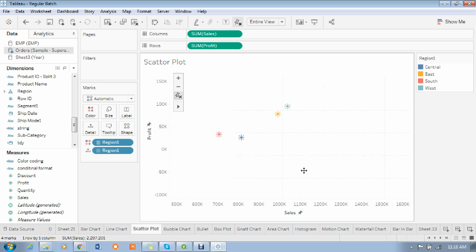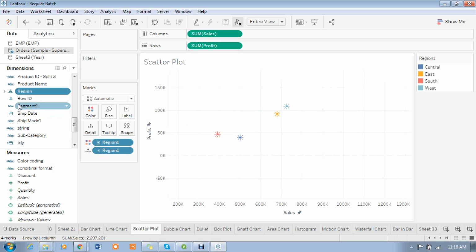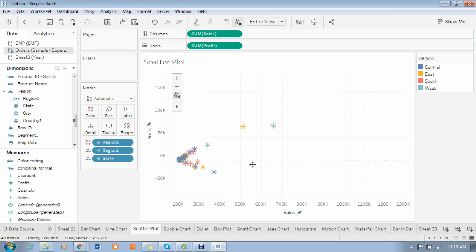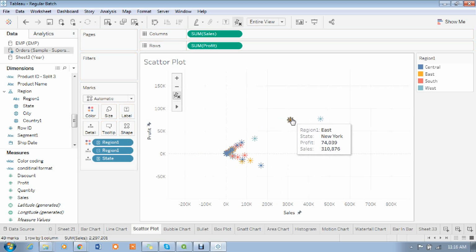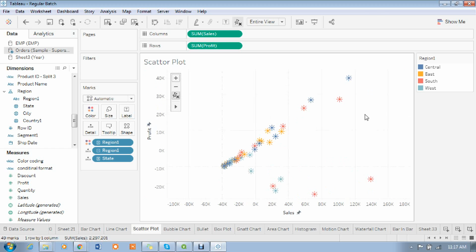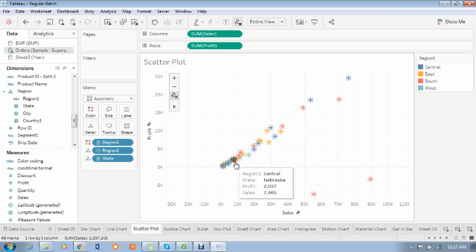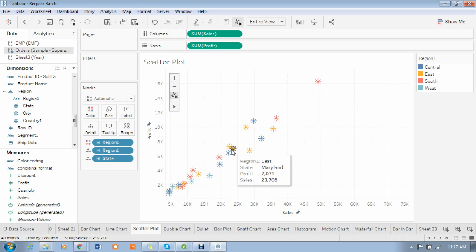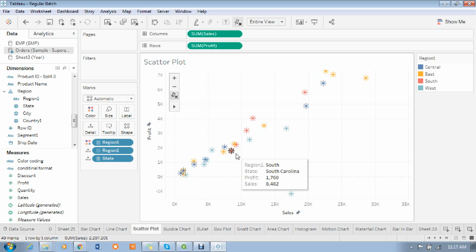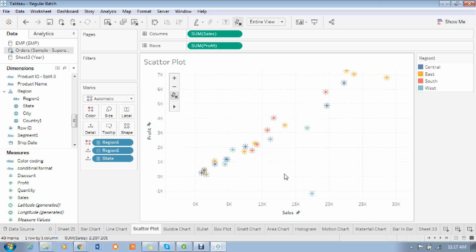Okay, now here if I drag state, madam, here, state in the detail. Okay, now for this category, for red or south category, you will add more things but in the detail. See, there are so many colors, madam, with this. That is just adding subcategories with the same color. Here we can see it properly in the scatter plot, madam. Now see, this is the central only, but there are so many states with the same color within the center. Okay, that means that is a subcategory. To display the subcategories, madam, we use the detail, actually. Okay, clear, madam, this one?